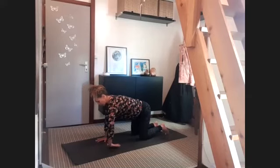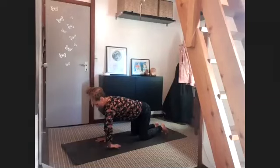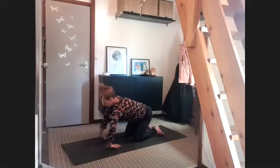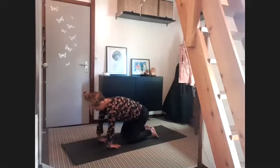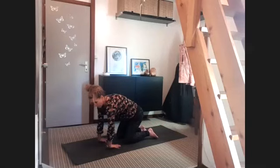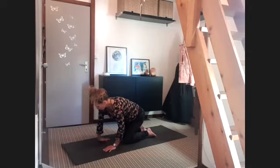And then this time we're going to flip the back of our hand down, fingers towards us. Try and spread the fingernails onto the ground. See if you can take both hands in that position. Again, your knees might want to be closer. We're trying to work our shoulders away from the ground, straightening the arms, and spreading the fingers as wide as we can. Some quite intense wrist work,